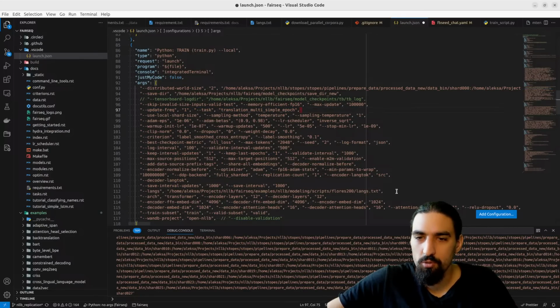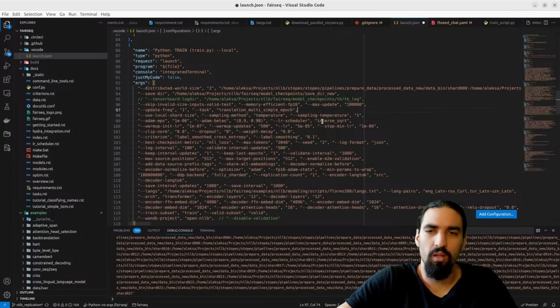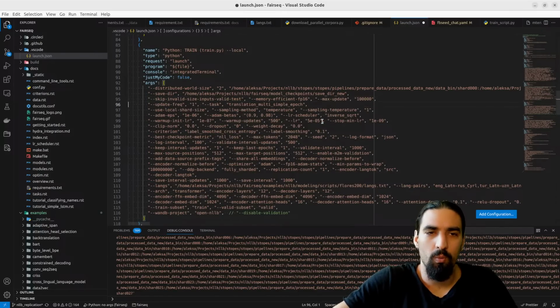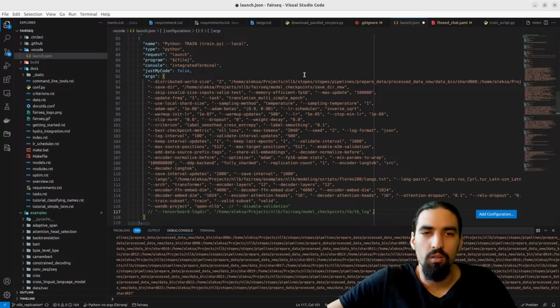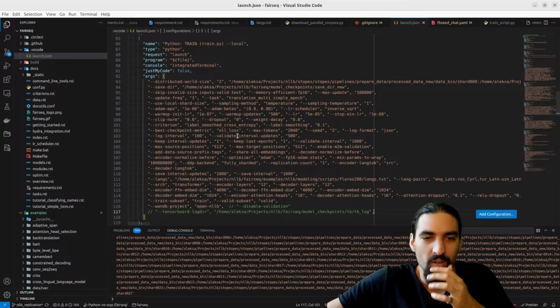Language pairs should be here. Okay. We don't really need this. Let's put it here. Beta. Save directory. Let's organize the atom arguments in the same place. Atom.